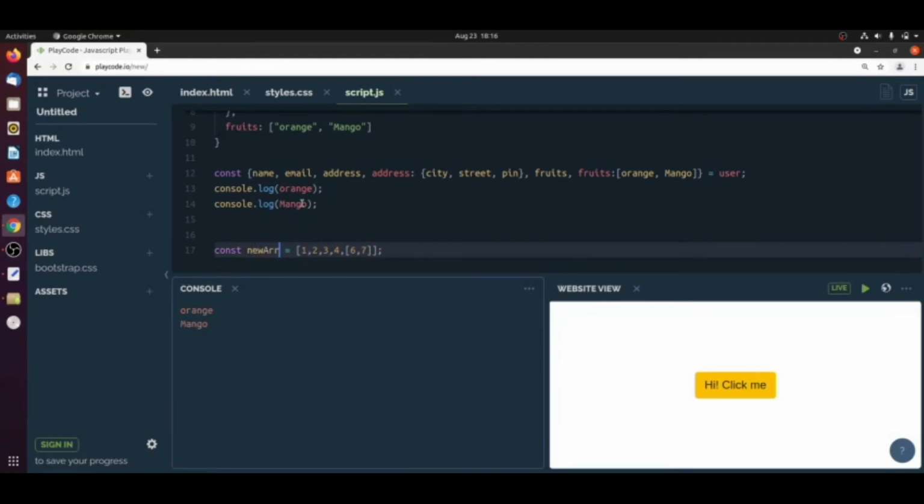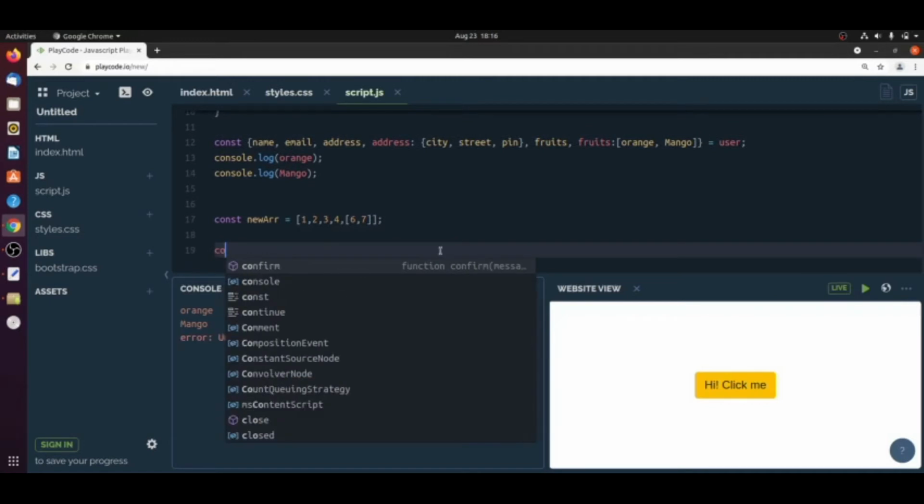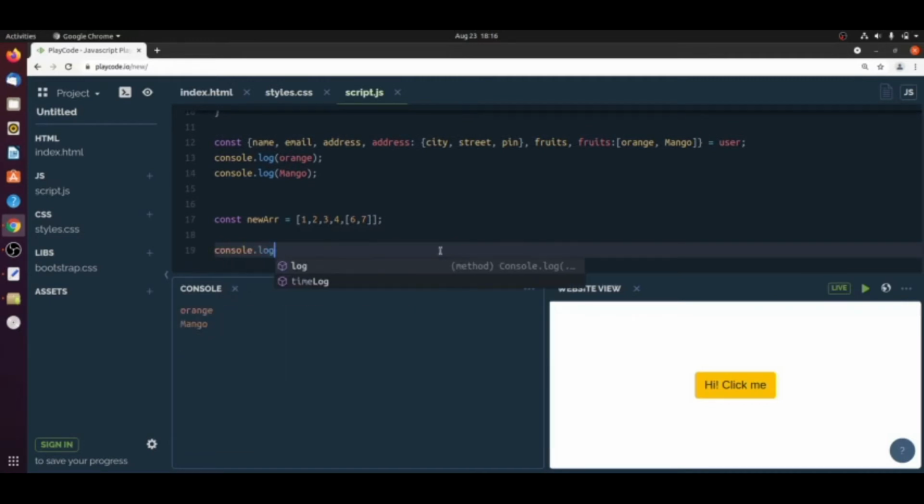Now this is one array. Usually how we access each value of this array is console.log, the array name and array index. If I write new array 0, it will give you 1, then 1, it will give you 2, like this.